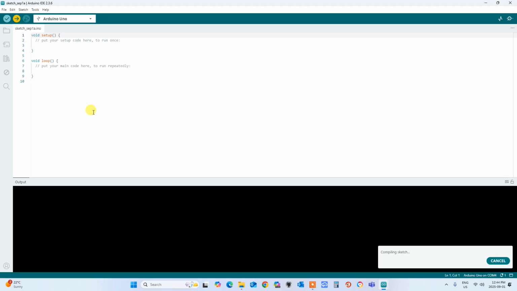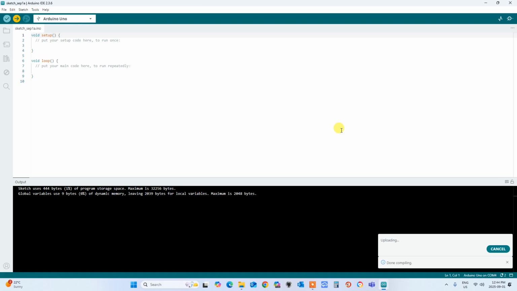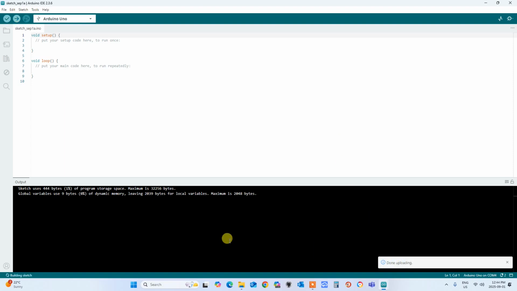We'll see if it works. It says it's compiling the sketch. It's uploading. Done uploading. So there you go. It worked. So that's how you program a blank ATmega with the bootloader,